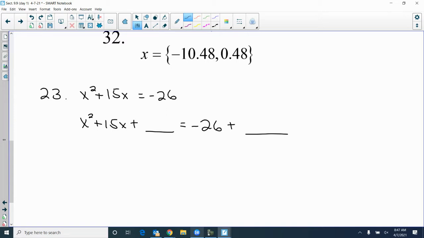So sometimes that happens. So you take 15 divided by 2, squared. All right, what does that give us? Rachel, what do you get? I have 56.25. So this now becomes x squared plus 15x plus 56.25 equals